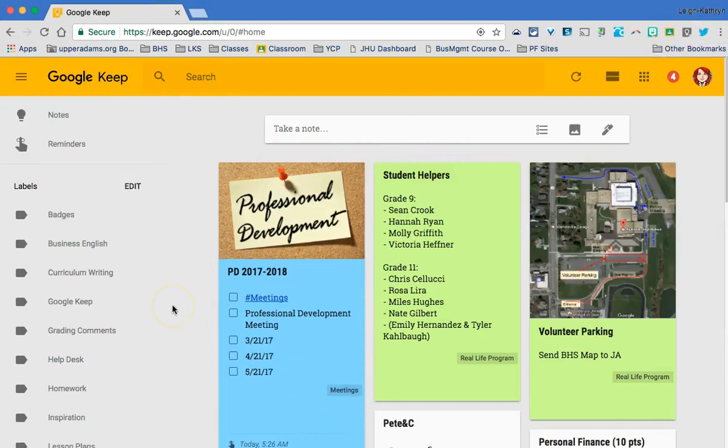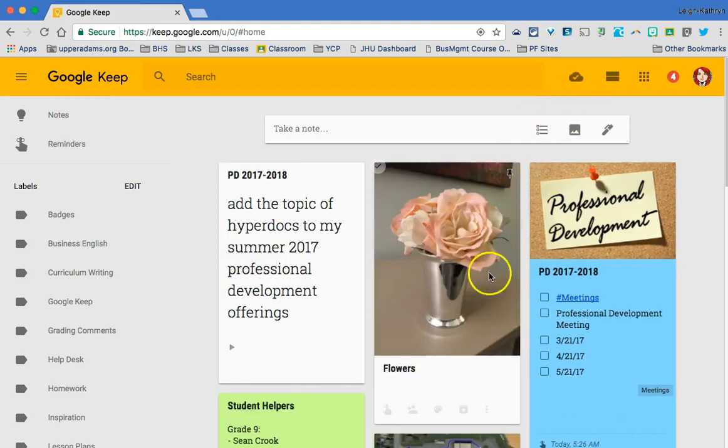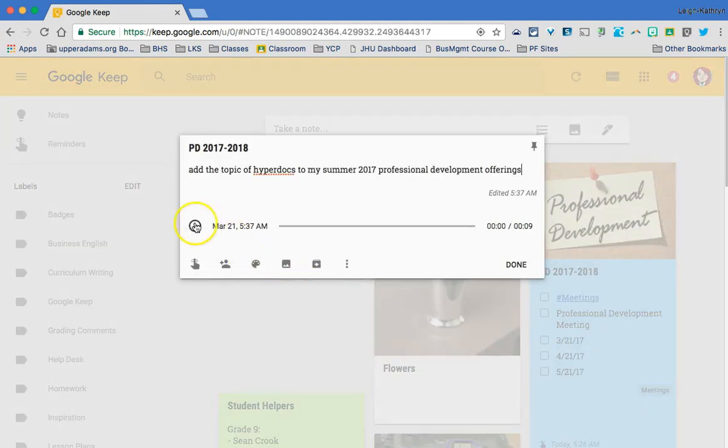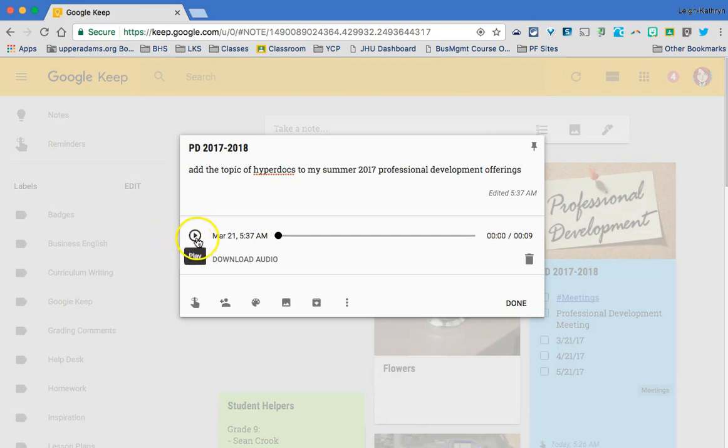Okay, so I'm back in my desktop version of Google Keep. If I refresh my screen, I can now see the picture that I took on my iPhone. I can also see the note that I took on my iPhone. So I'm going to open this up. If I tap on the play button,